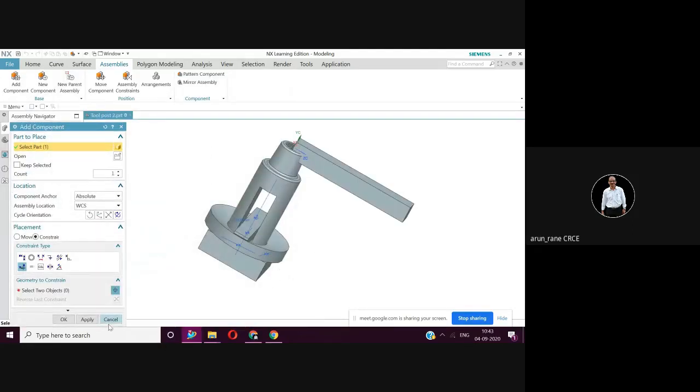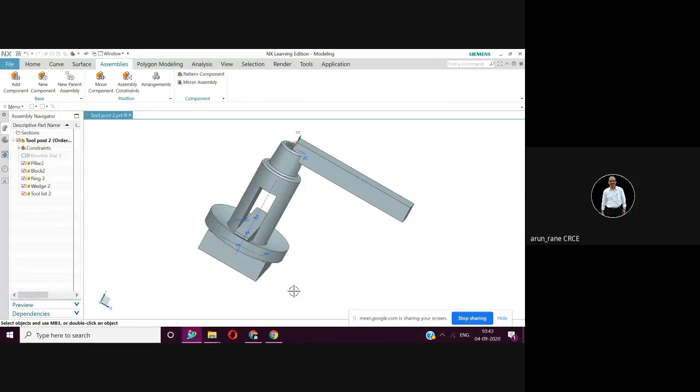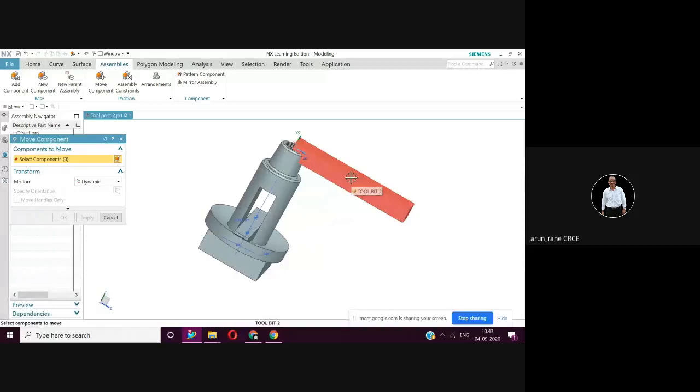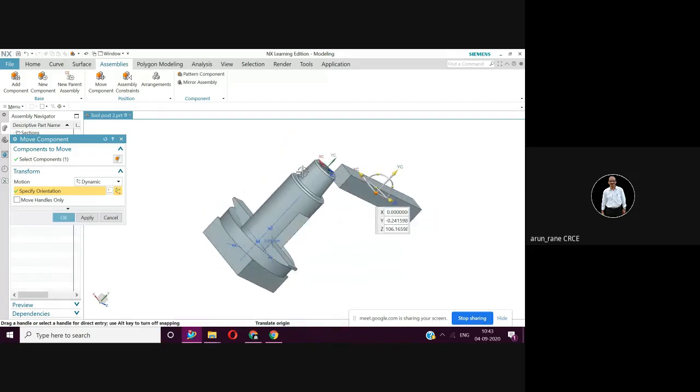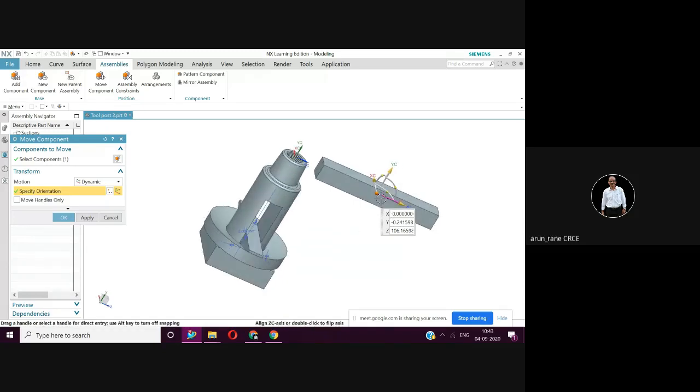So we have to place the components first by saying OK. Then go to the move command. Then select this. Then specify orientation. So let me move like this first. Say rotate. We have to bring this tool in this direction.